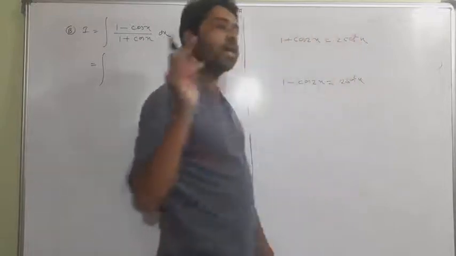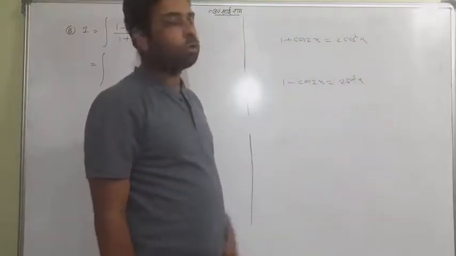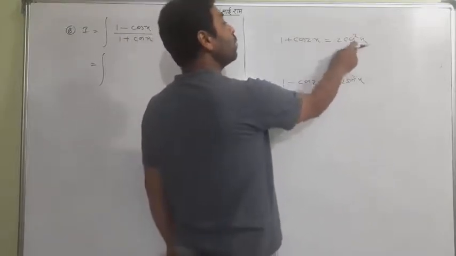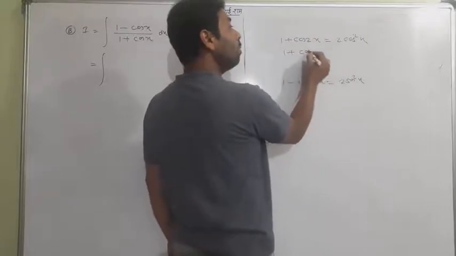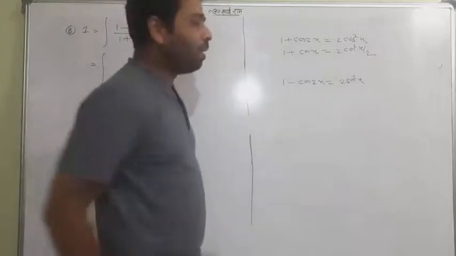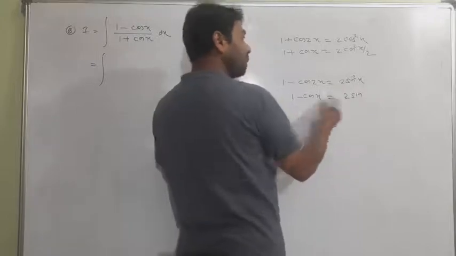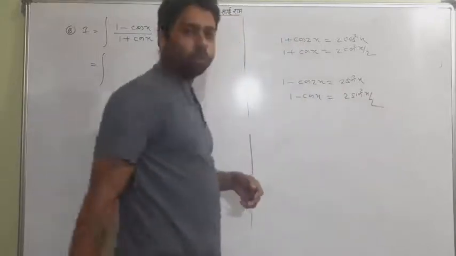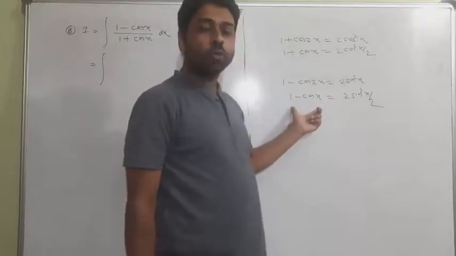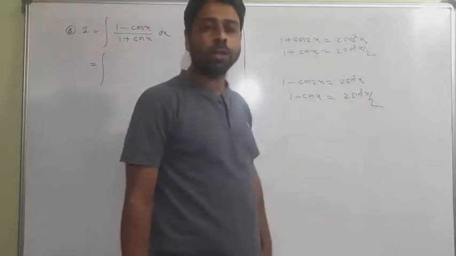Even you remember that in inverse trigonometry, in differentiation, in limits, in function continuity also, we use this formula many times. So 1 plus cos 2x is equal to this one. What about 1 plus cos x only? It will be the half angle formula, 2 cos square x by 2. And what about 1 minus cos x? It again will be the half angle formula, 2 sin square x by 2. So now you have these two famous formulas, 1 plus cos x and 1 minus cos x. Please, I request you to remember them because they will definitely be used often in this class.